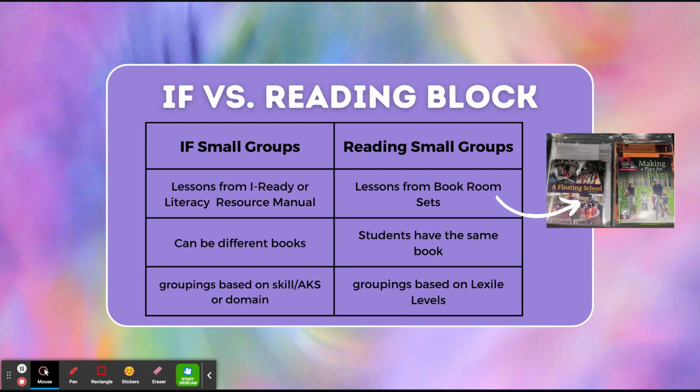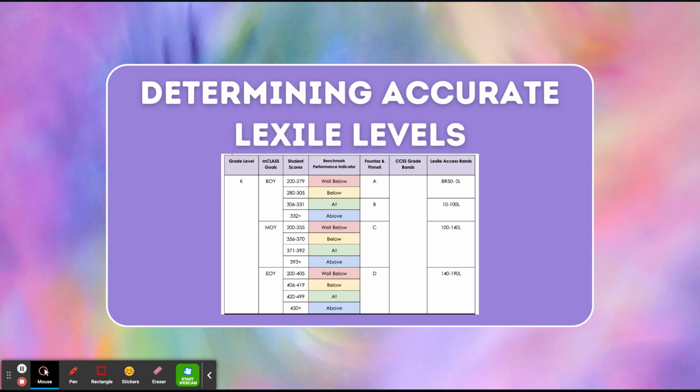In reading small groups, however, we're going to be grouping our students based on their Lexile level, so their reading level. And these small groups are going to be using lessons from the book room sets. So once you determine your students' Lexile levels, you will be able to eventually, later in the rollout, find sets of books where each student will have the same book and you will work with that group on this book